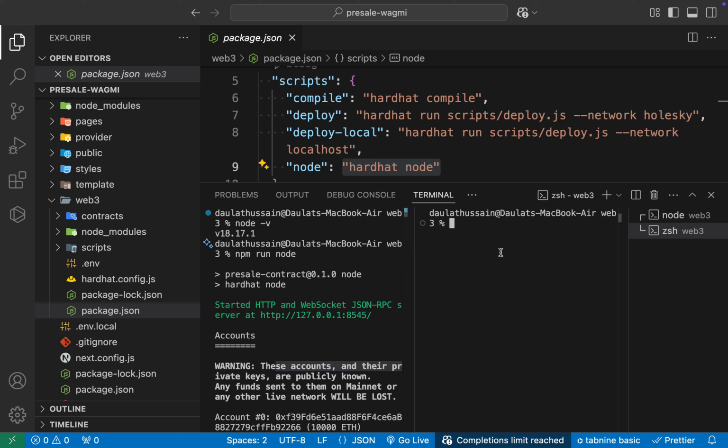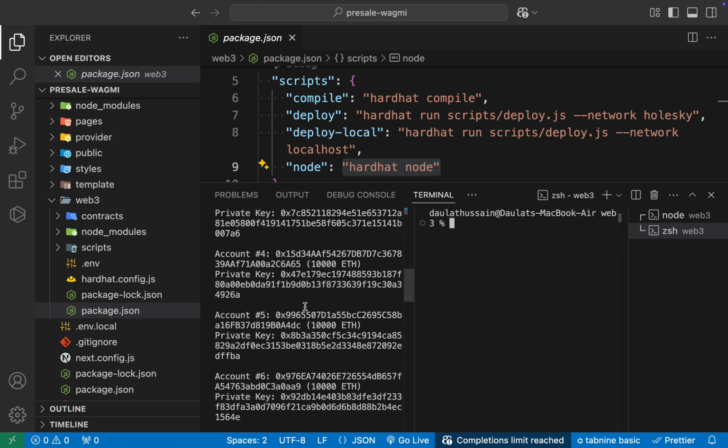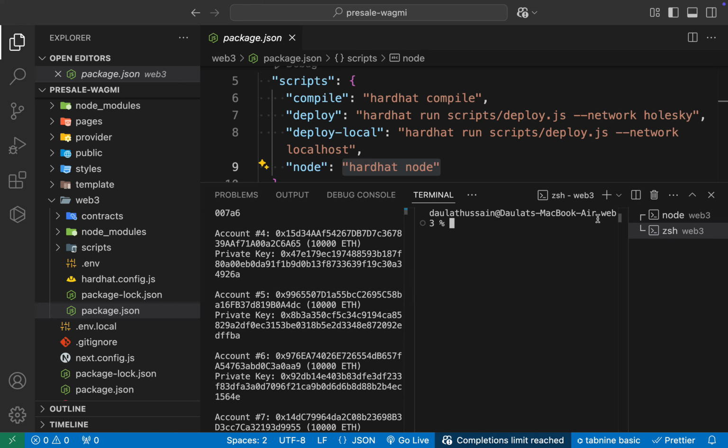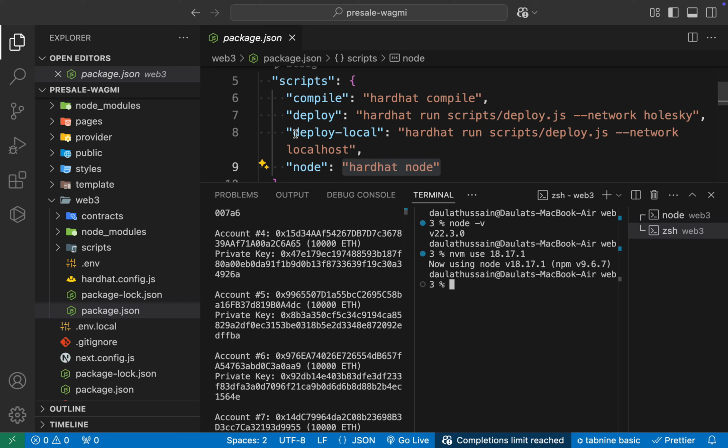I'll come back to the next component, next terminal. You have to keep this running. You have to be sure that you are in the same folder, Web3. And if I check my node version in this, it will be the latest one. So I have to switch back to my required one. So I got it. Now I have to run this particular command, and this is going to deploy my contract